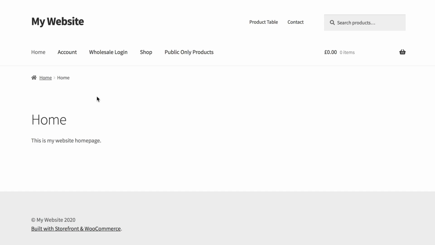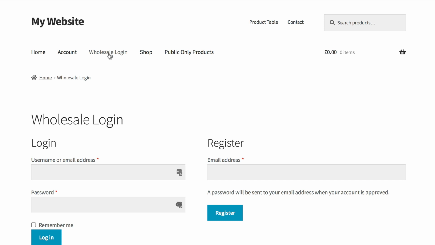Here I have a public facing website, and I've chosen to add some links to the menu to show you how it works. One of these links is a link to the wholesale login page. You can either add it to your menu or another location like the header or the footer, whatever works best for you. So whenever we go to our wholesale login page, we'll see a wholesale login form,